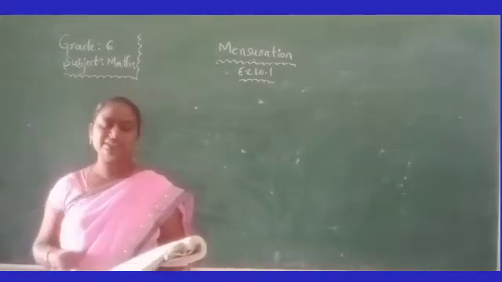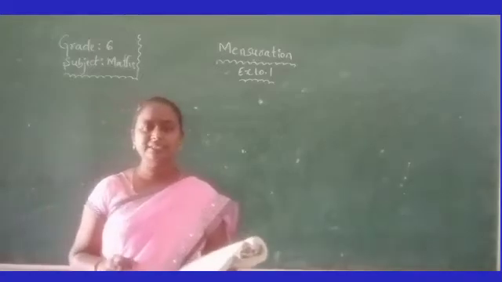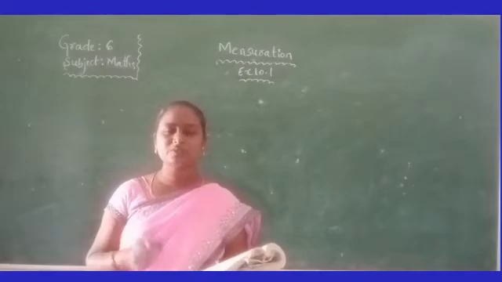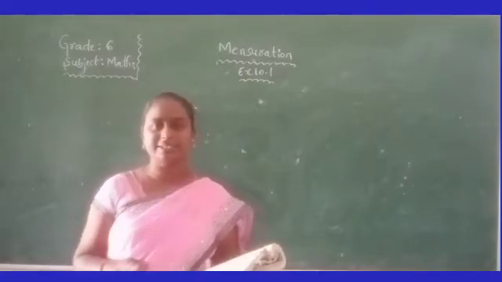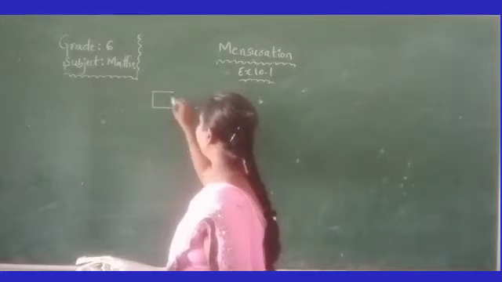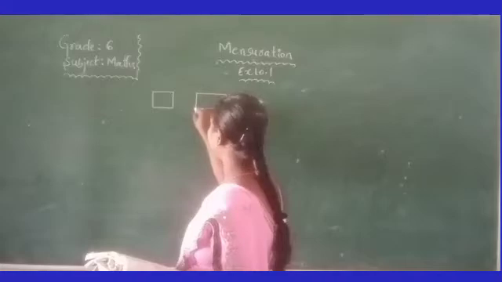Here, how many members are there in total? Two members. Who are they? Sweetie and Bulbul. Sweetie runs around a square park. Here there are two parks. The first is a square park and the next is a rectangular park.